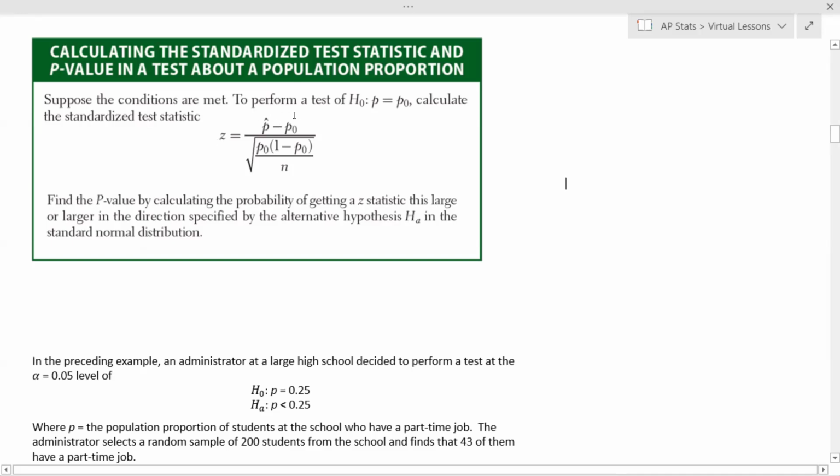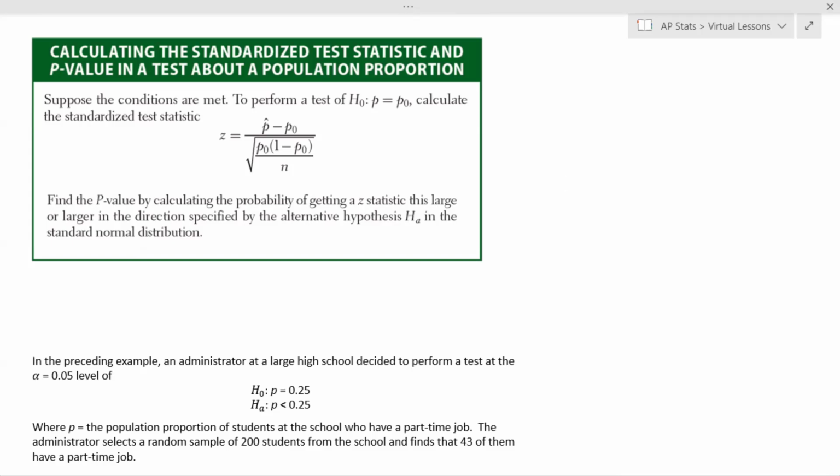So you have p hat minus p naught. Remember, p naught stands for the proportion assuming the null was true. So it's the proportion from the null divided by the square root, and this would be the standard error of p naught. So we found the p-value by calculating the probability of getting a z statistic as large or larger in the directions specified by the alternative hypothesis, HA, in the standard normal distribution. So if we want a less than or a greater than,